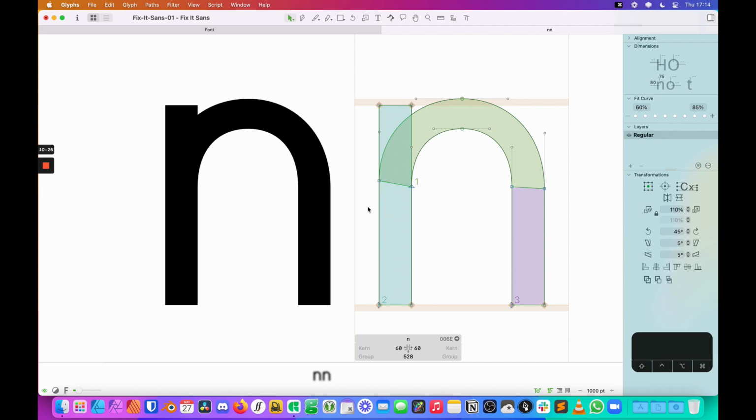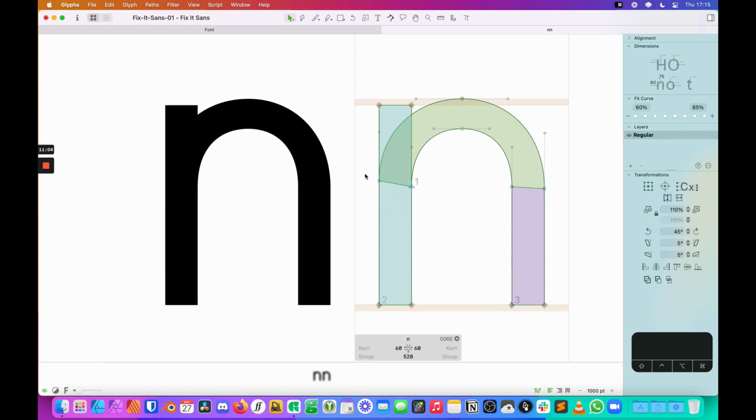The last thing that I would look at on this N here is this space where the shoulder of my N curves down into this left-hand vertical stroke. So what happens here is, while technically we have a shape that is more or less the same width as the vertical stroke here, I know there's a 5-point difference, but we'll roll with this for a moment. But what happens is we create this really big space here where it looks like there's a lot more mass in this area than there would be at any other point in the letter, and it gunks up the letter form a little bit, and it makes it a little bit more difficult to read than usual.